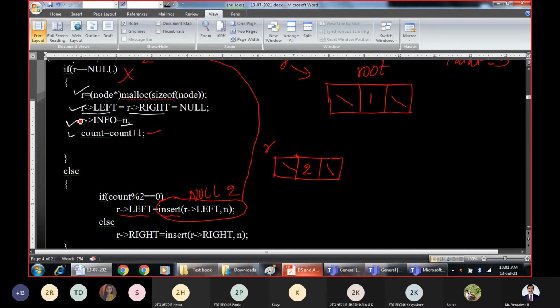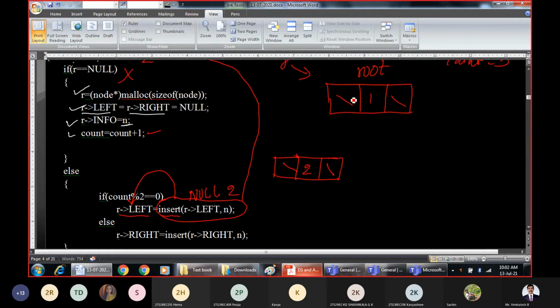Now, once this statement gets executed, the RHS part is over. What is the impact of the RHS part? The impact is that we have created one new node. This new node is now being assigned to root pointer left. This was the root on which we called the function, and this was the temporary root during the execution.